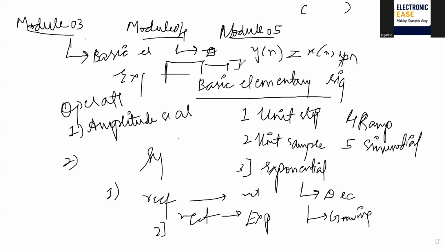In type 2 problem, they will be giving you x1 of n with this kind of value, x2 of n this kind of value, x3 of n this kind of value, and x4 of n this kind of value. You need to solve the block first, simplify it,